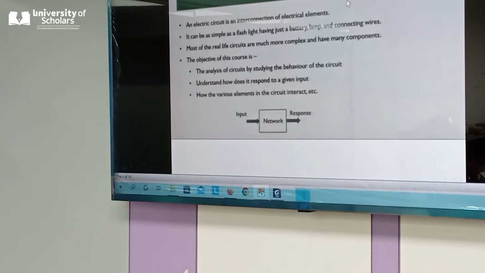Other scientists like Henry gave the concept of induction. And then around 1873, Maxwell's equations came, which was a compilation of all the previous works related to electricity and magnetism. So basically